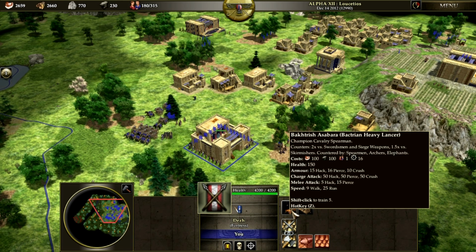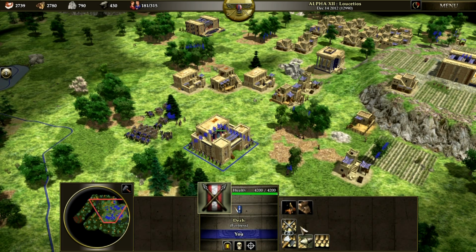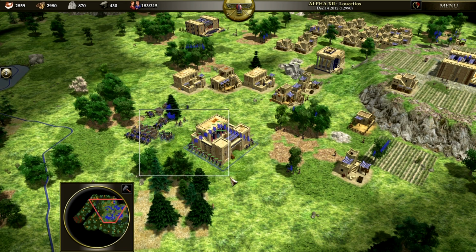But yeah, the heavy lancers do a ton of damage when they're charging in, and they still do a ton of damage when they're piercing into armored units. Not much damage when they're in melee skirmishes, like one-on-one combat, but they're good for attacking first and then getting out. And as you can see, you can upgrade your siege weapons, which are the battering ram, which are only good for attacking buildings and nothing else. So yeah,